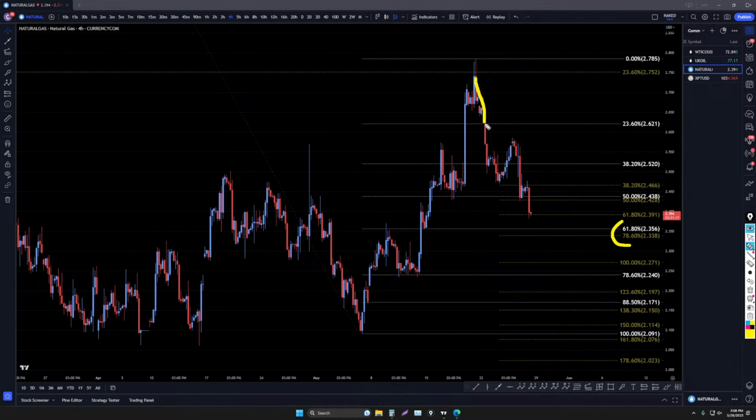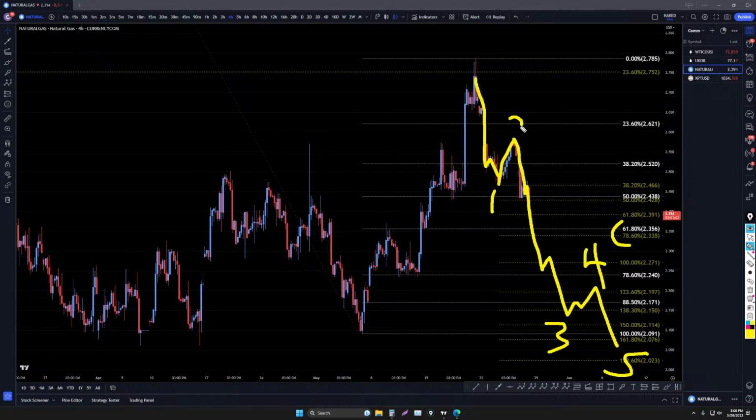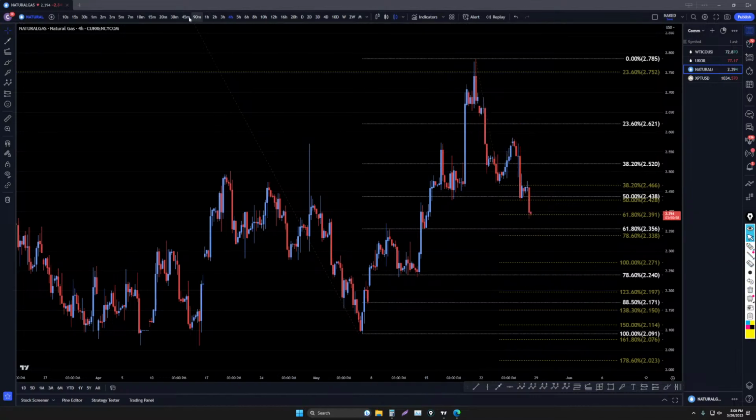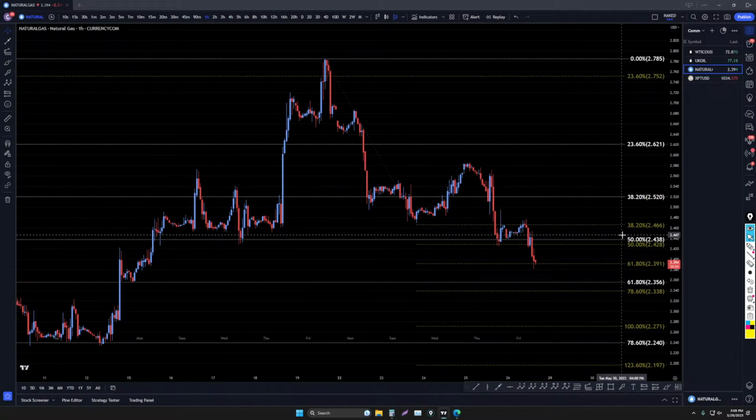This is definitely a trend. There's no doubt about that. And this is definitely a correction. Honestly, it kind of looks to me like it's in a wave 3 at this point. It probably is just going to keep on going down. Probably eventually make a 3, 4, and 5. Unfortunately, like I said, I was thinking it was a wave C today, but unfortunately, it doesn't look like that's the case anymore.